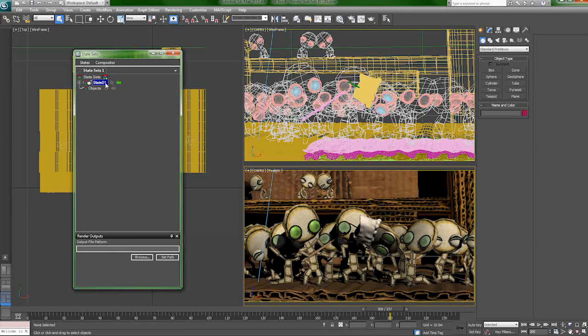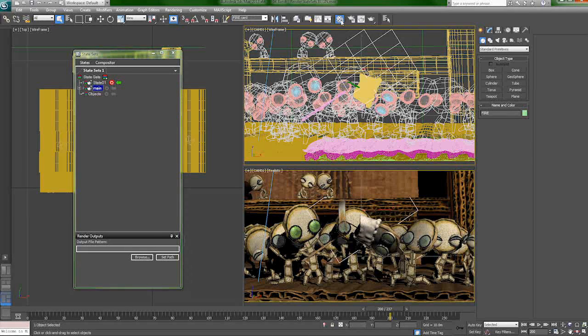And I'm going to go ahead and turn that off, and actually maybe just rename this state main, or our beauty pass. Now I'm going to click this button here and just create another state. And in this particular state, while I'm recording, you can see that our candle is back. What I'm going to do is select the candle and then get a little tricky here